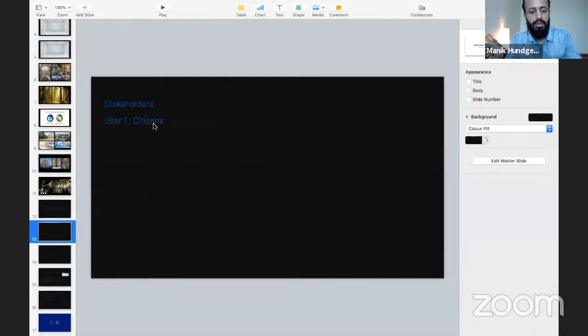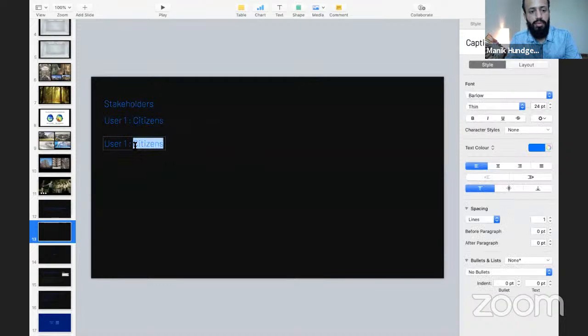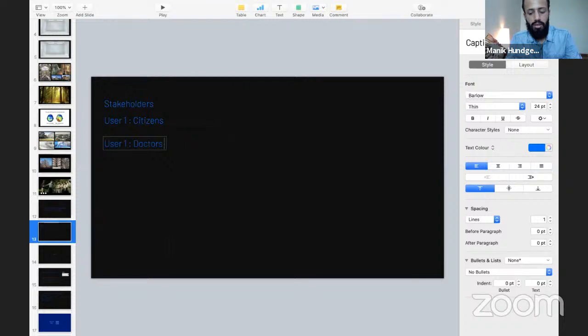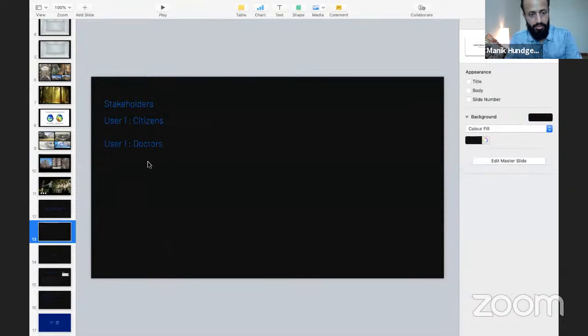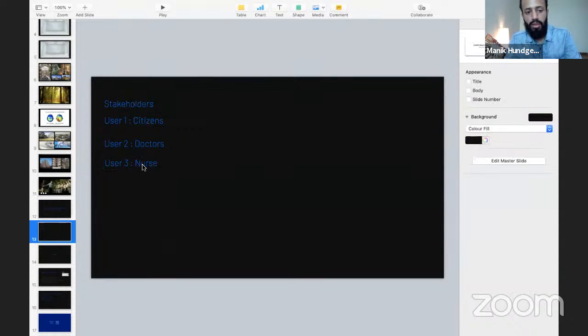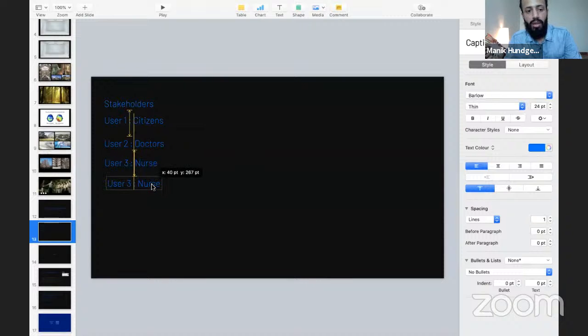And say it's citizens, right? So in the beginning, when you're listing all your users of the space, you should keep them separate. I mean, we could have gone with thinking that doctors and nurses can be bracketed. We can't combine them until we have made their journey and looked into how the journey is, right? It's only after analyzing that we can say, okay, they fall into one bracket or they don't.